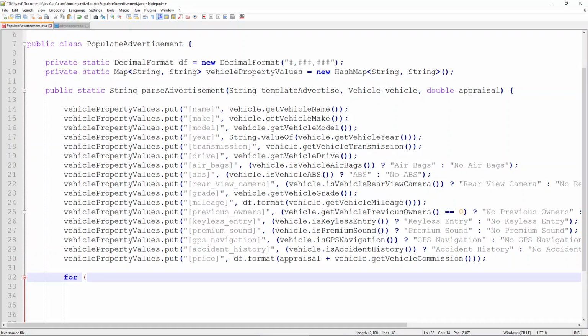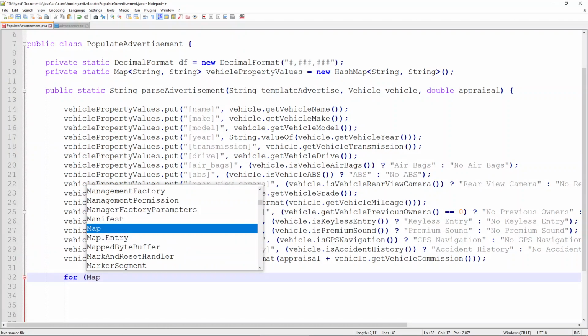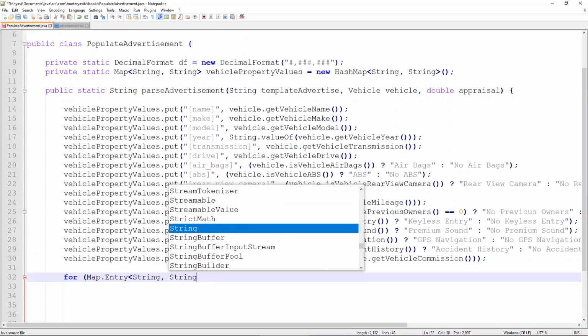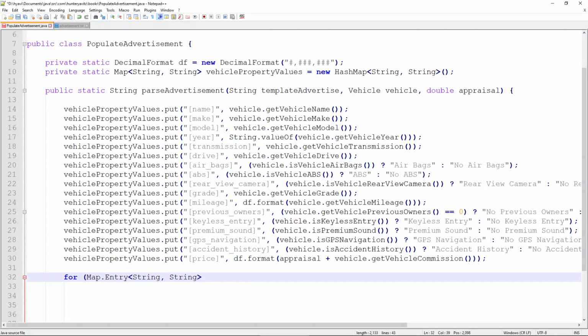So we're going to do a for loop. What we need to do is first access the property of the vehicle. So we're going to call Map.Entry and ensure that it knows that the entry is going to be in the form of two strings. And we're going to call this the iterator property. So for each map entry of type String that we're going to call property,